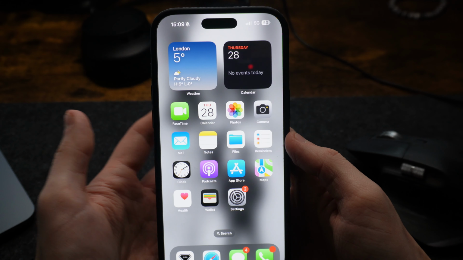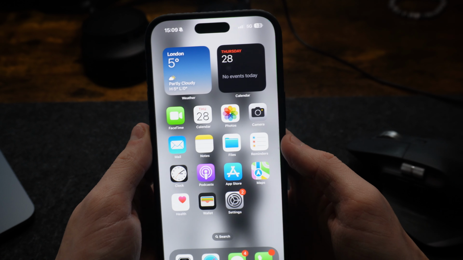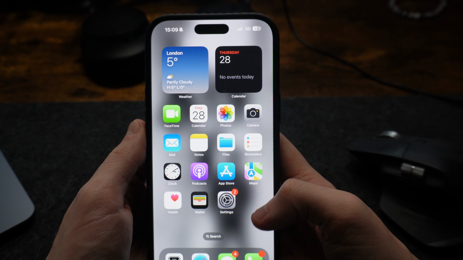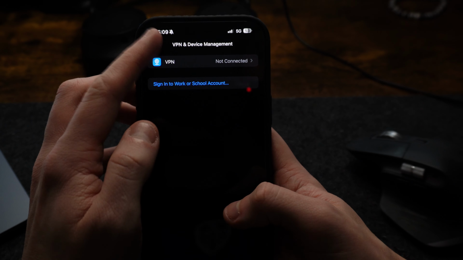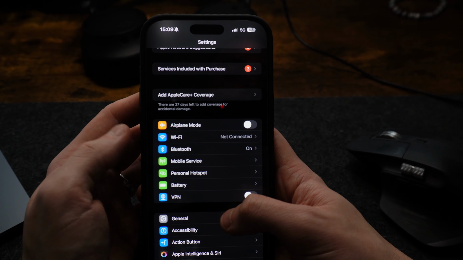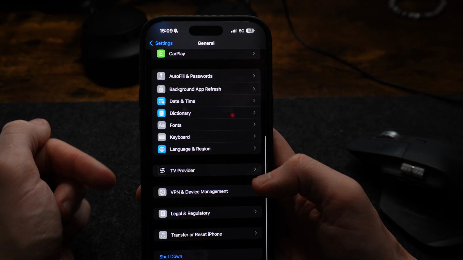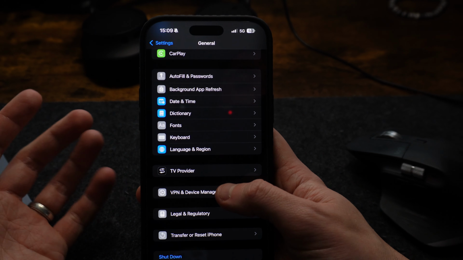In this video, I'm going to show you step by step how you can use a VPN on any iPhone. So the first thing I'm going to do is head over to my settings, right? And then what you want to do is head down over to general. And if you scroll down and see the option for VPN and device management, if we select this,